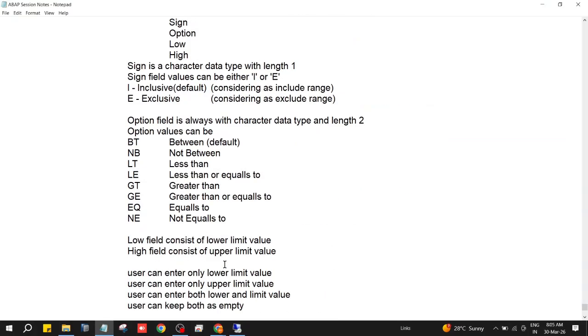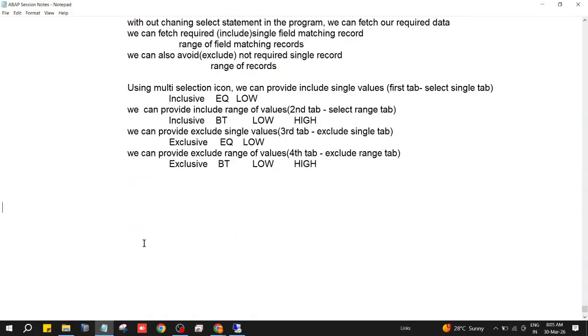So I will try to write down some notes with respect to this. See, select options field uses the for addition. So what is that? For, followed by field name. Correct? But in most of the cases, for followed by database table field, the system